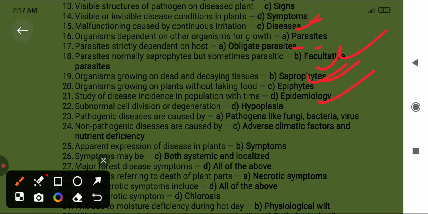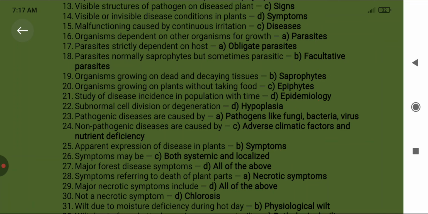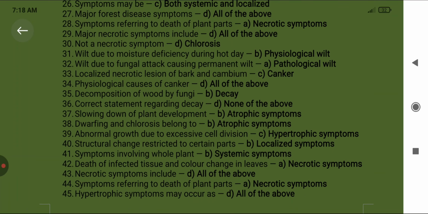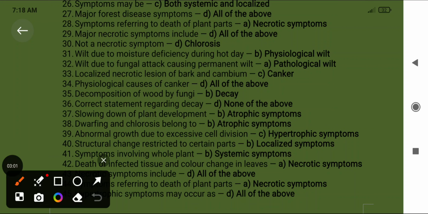Subnormal cell division or degeneration is hypoplasia. Pathogenic diseases are caused by pathogens like fungi, bacteria, and virus. Non-pathogenic diseases are caused by adverse climatic factors and nutrient deficiency. Apparent expression of disease in plant is symptoms. Symptoms may be both systemic and localized. Major forest disease symptoms: